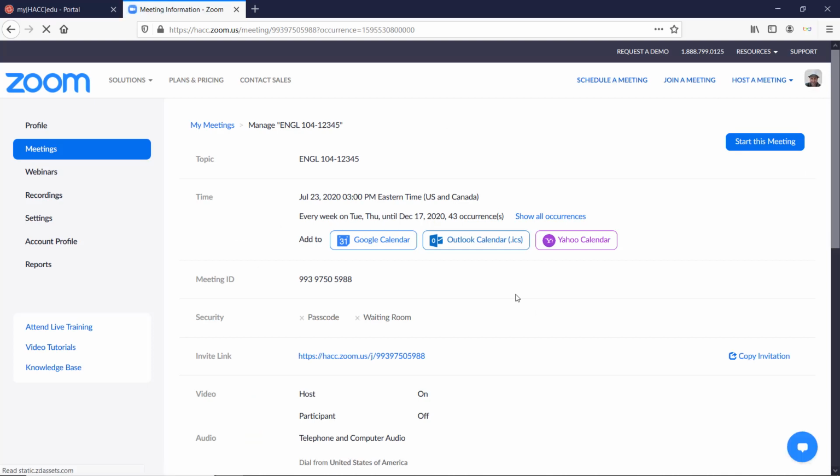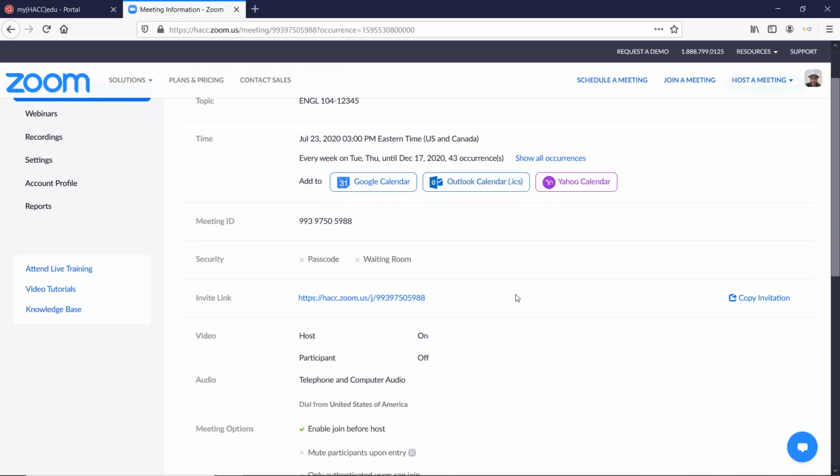In the middle of this page is the blue Invite link. This will allow your students to join the meeting when it starts, provided that they're able to connect with the Zoom app or the Zoom website. Some students may want or need to call in with a phone at some point. This can be necessary if they don't have reliable internet or if their internet or power happens to be out when they need to join.